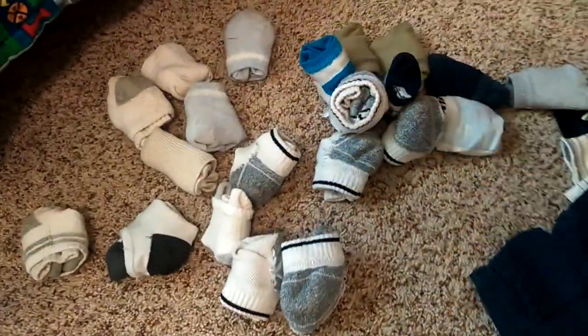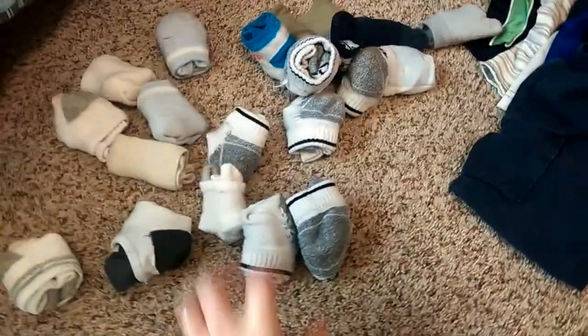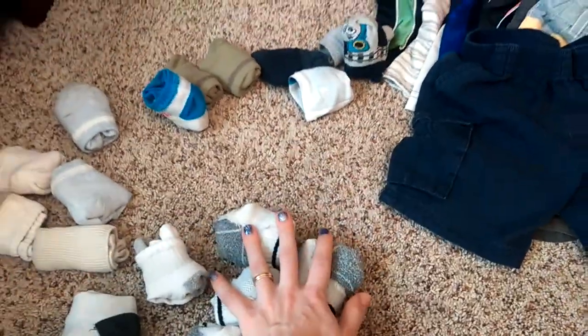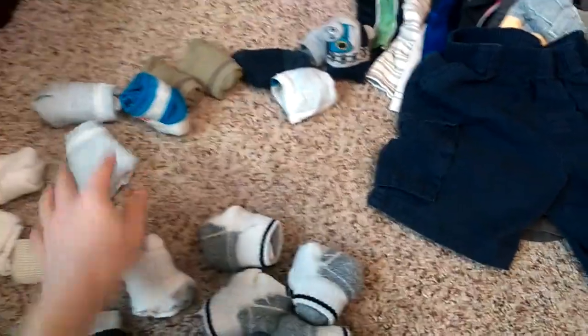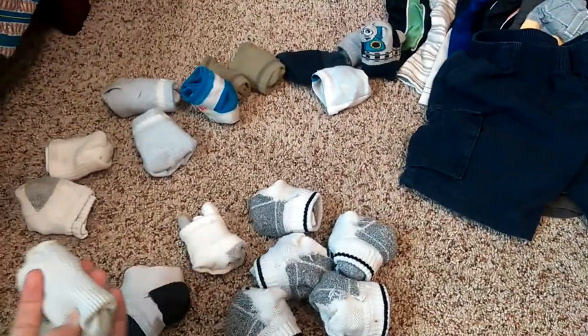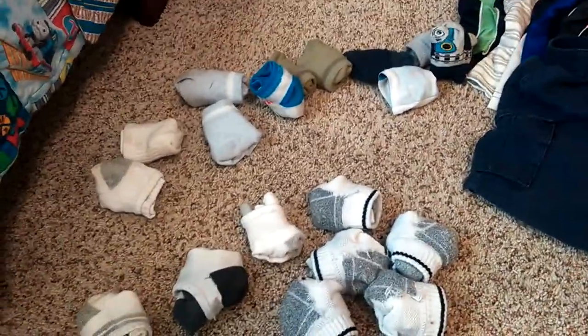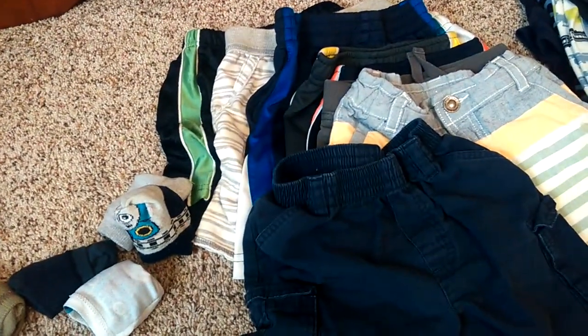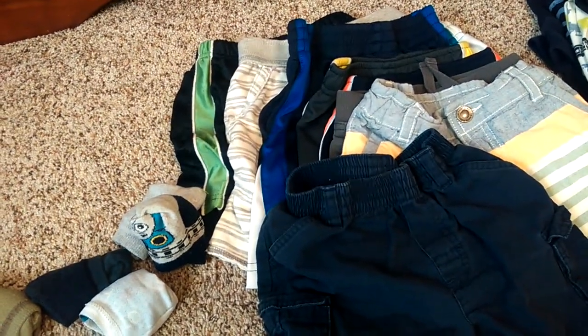Over here with the socks, we've got 6 of these socks that all go together, which makes it nice to not have to worry about matching all the socks. Then we've got some dress socks, and I know this one is too small, so we can go ahead and take that one out. And then over here we've got about 9 pairs of shorts, and I know this one